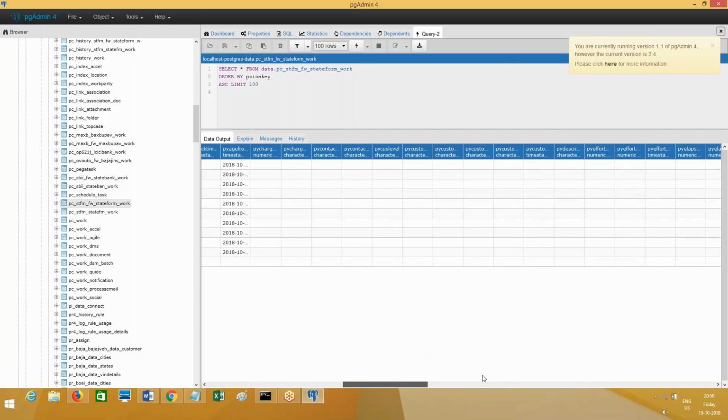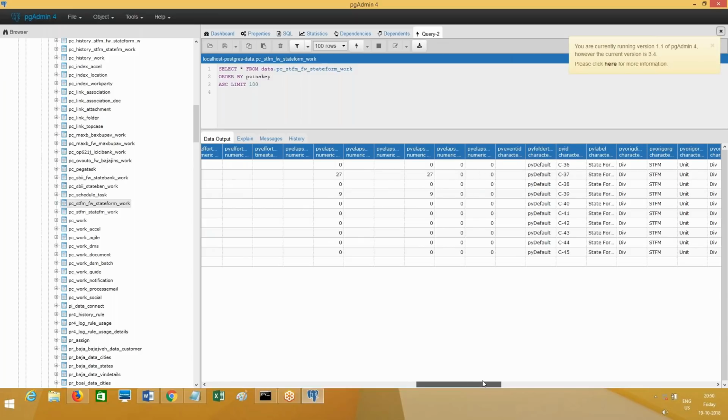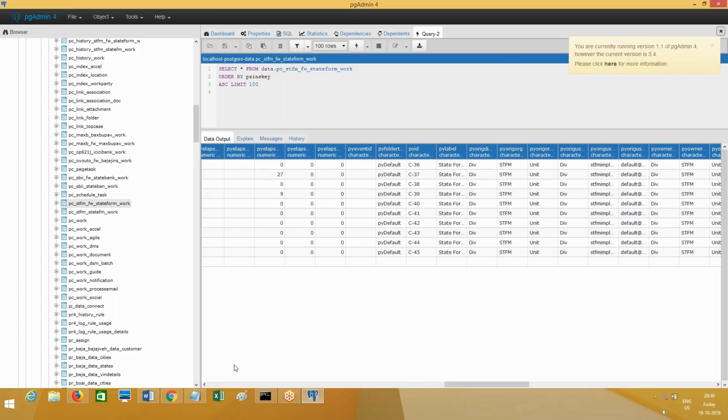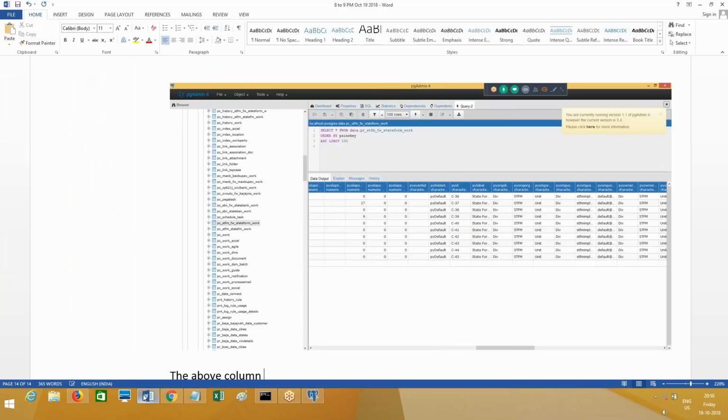This is the column you need to bother about. The column named PYID is holding the work object IDs.